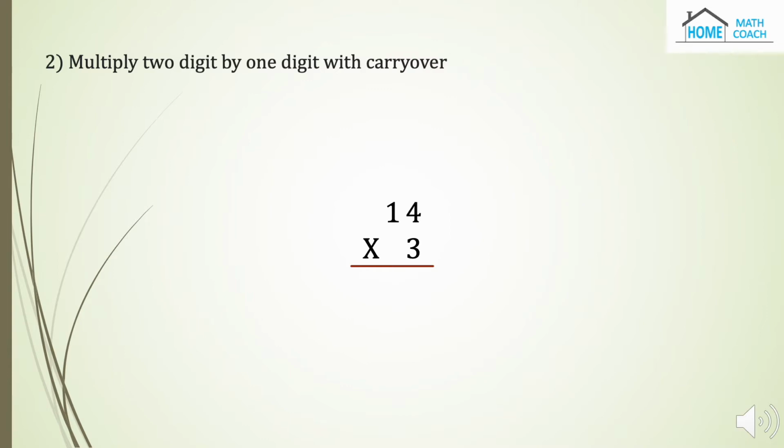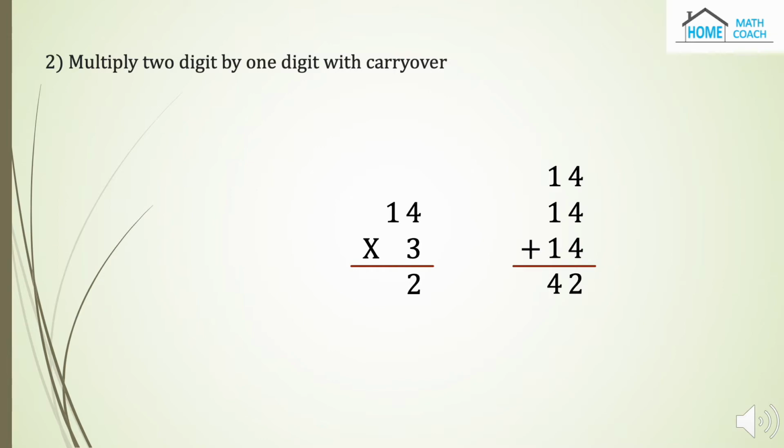Next, we do multiplying a two-digit number with a one-digit number with carryover. In this example, we have 14 times 3. We should explain to the students that it means 14 added together 3 times. The traditional way of doing it is to do 4 times 3, which is 12, and we put the 2